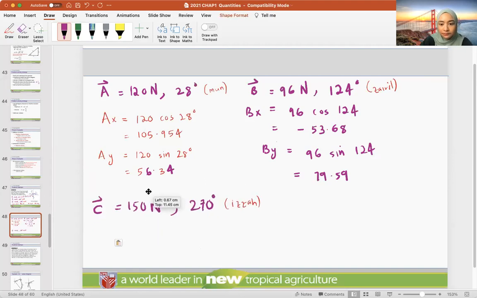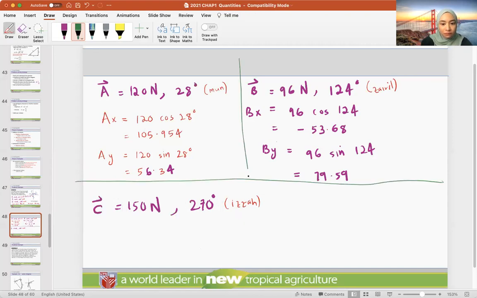Is Izzah there? Doktor, Izzah kata mic dia ada problem. Oh okay, dia boleh type. Please type if you can. Izzah type. Okay, in the meantime,